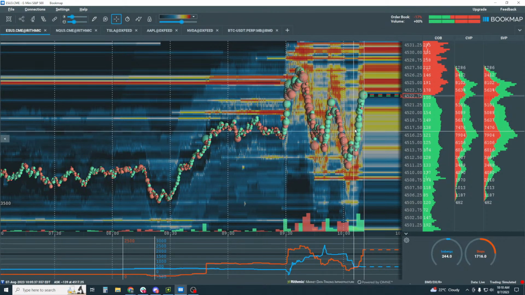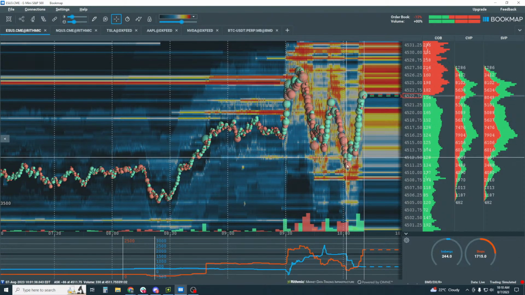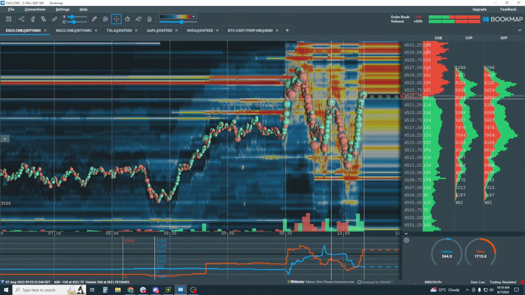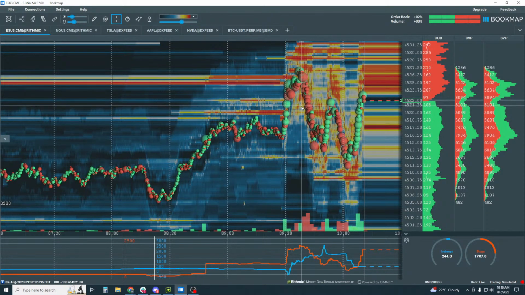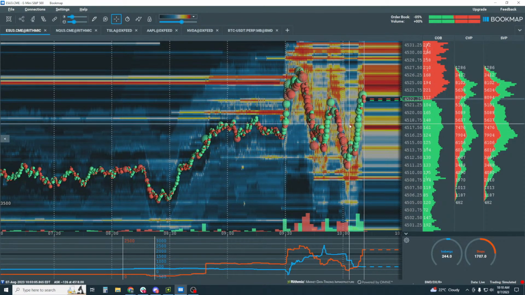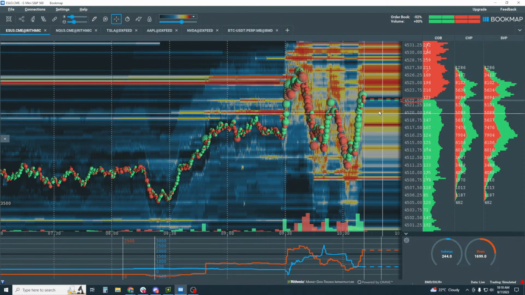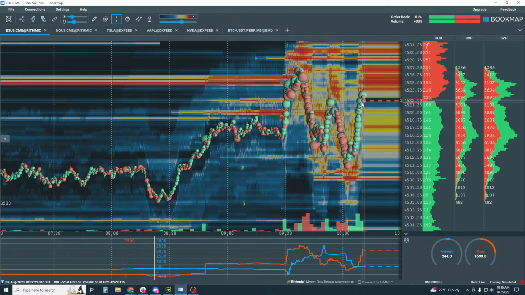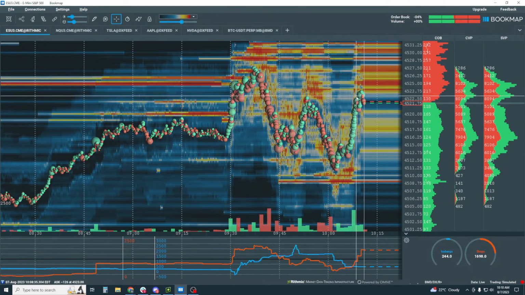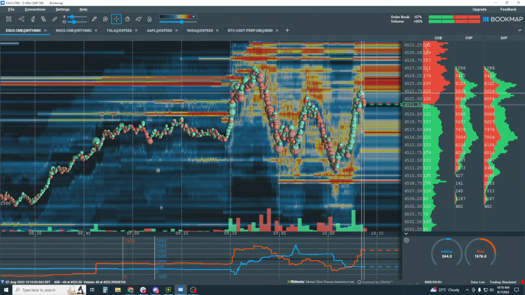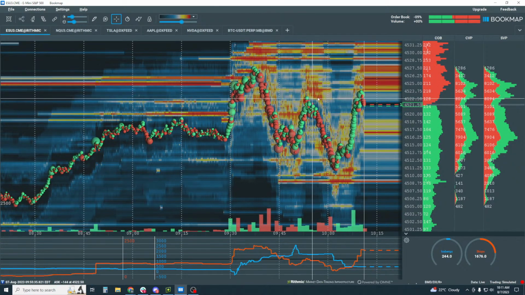And now look at the buyers come right back in. We're all over the place this morning. You can see one move up, one move down. These are big swings too, nice big swings, over 10 points each. So if that's the case, well, this one looks like maybe it's coming to an end just because of the swing length, not because of the aggressors. We can see there are more buyers up here, but